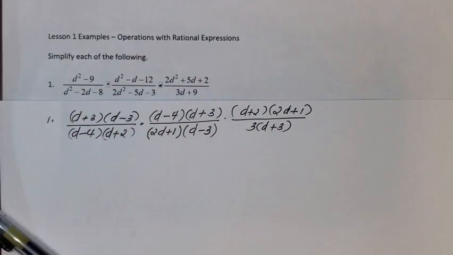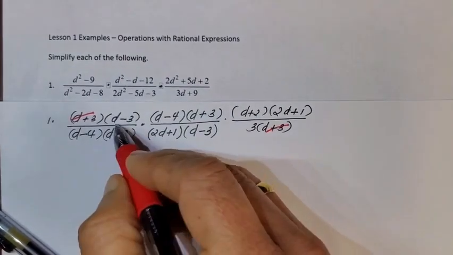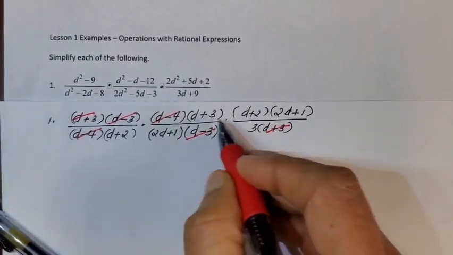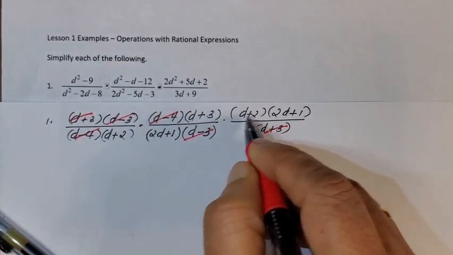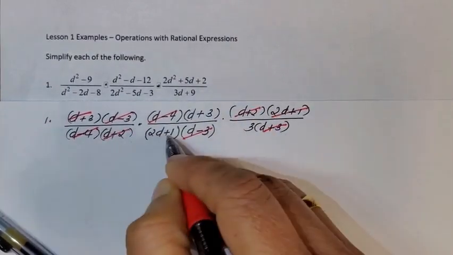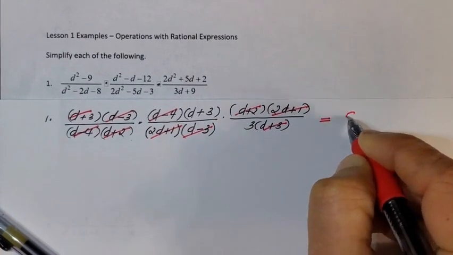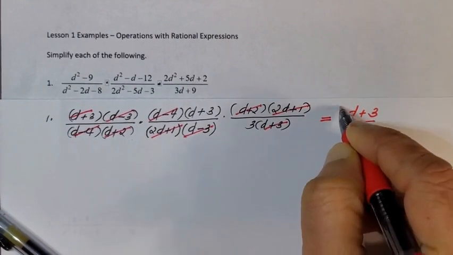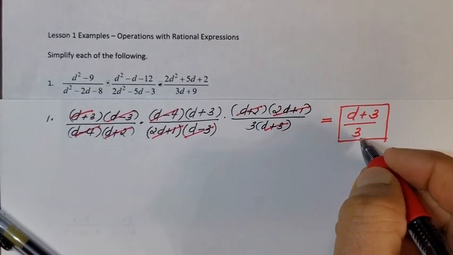Now it is time to cross out the common factors. We have a d plus 3 here, d plus 3, d minus 3, d minus 3, d minus 4, d minus 4, d plus 3. Again, we don't have any d plus 3 in here, so leave it as it is. And d plus 2, 2d plus 1, and the only thing left is d plus 3 on the top and a 3 in the bottom. So the final answer, the simplified form, is d plus 3 divided by